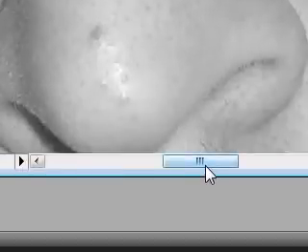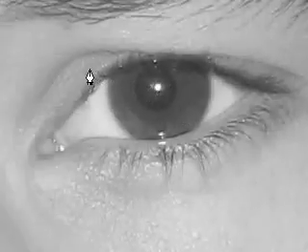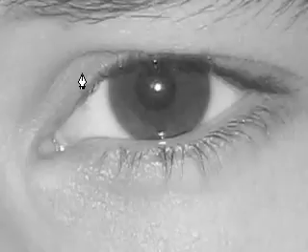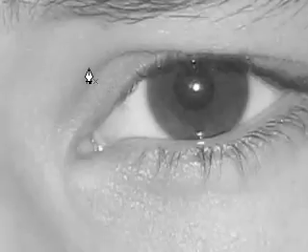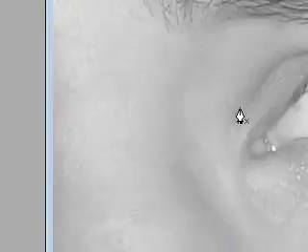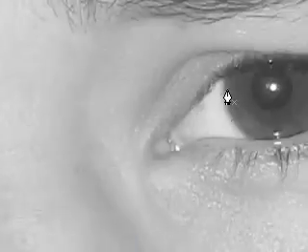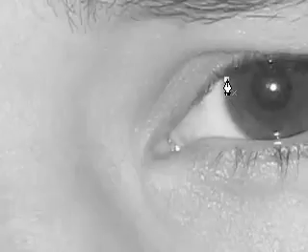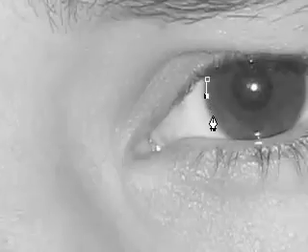Now go ahead and zoom up on your eye or whatever part you are changing. Now there are a couple ways to change the color of your eye. One is the pen tool and one is the paintbrush. Most of the time you're probably going to want to be using the pen tool, so go ahead and get the pen tool selected. Once you have it selected, go around the outer edge of your eye, just as I am,